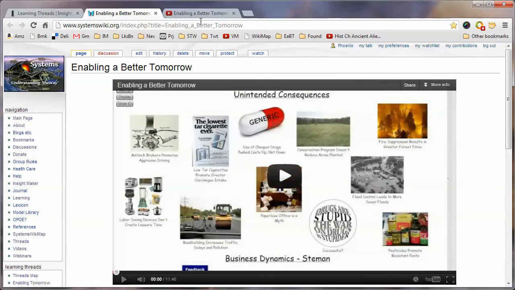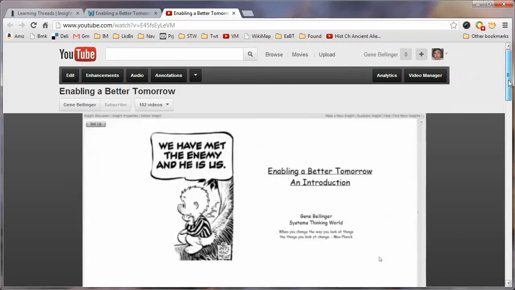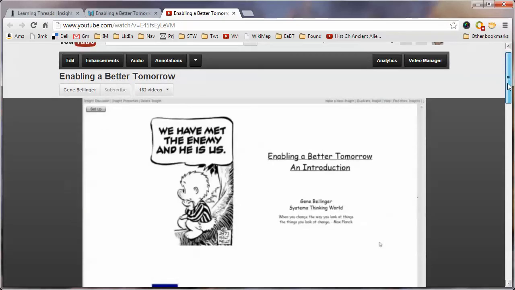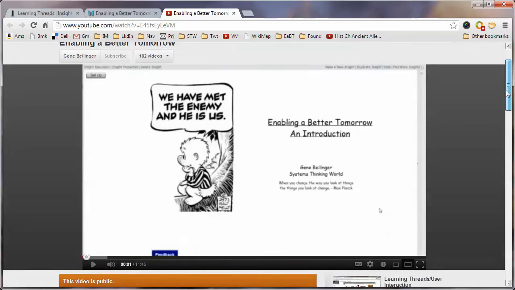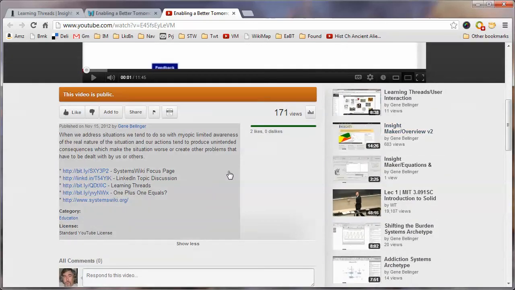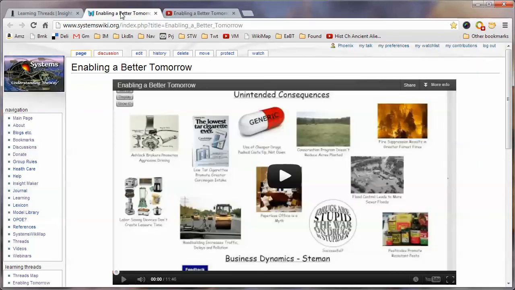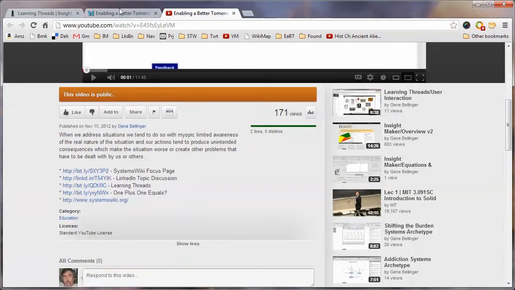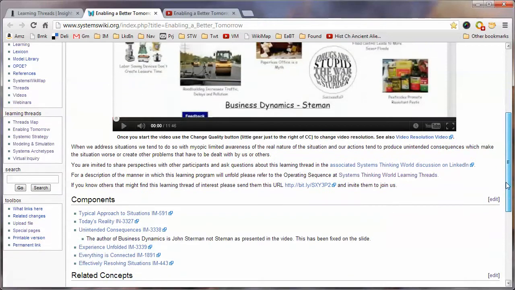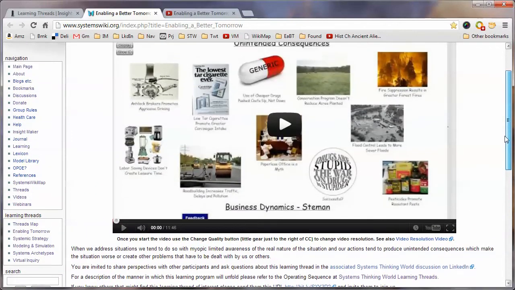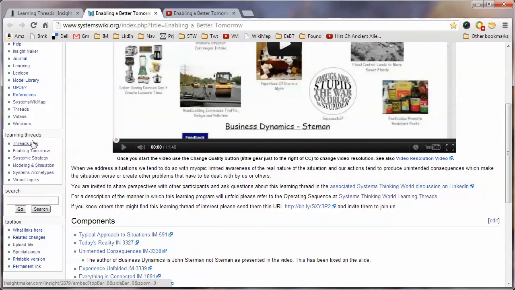And that video itself is embedded in this page, but it actually exists in YouTube. And if you happen to get to that particular page in YouTube, if you look in the notes for it, there is in fact a link back to the Systems Wiki focus page, this wiki page, so that even if you ended up on the video first, you could get back to this context, and every wiki page itself now has a link to the threads map, which is right over here in the beginning of the